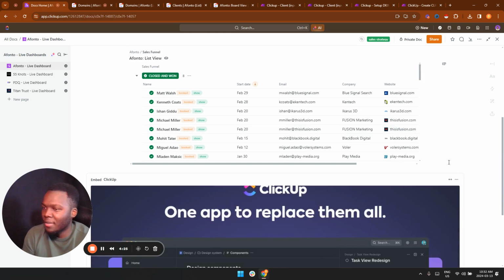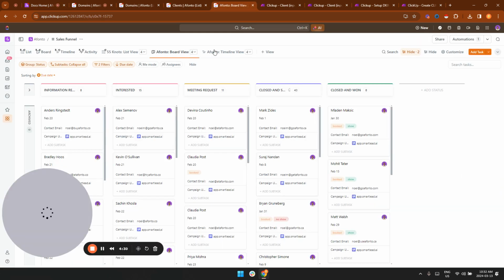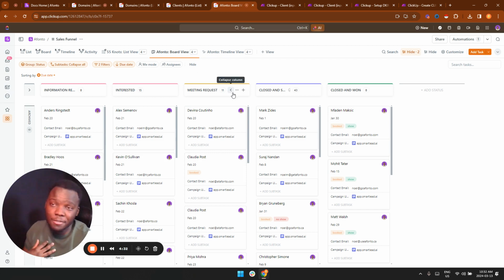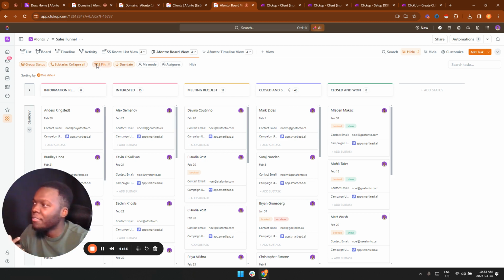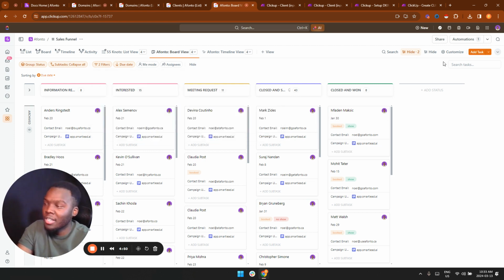I also have the timeline view that you can see here. And so all of them I've created myself as a client. So I've got the board view, the timeline view, and the list view. And so what this is doing is it's checking all of the properties of these views that I've created myself. And so, for example, if I was to add certain specific filters, certain specific customizations to this, it is checking all of that